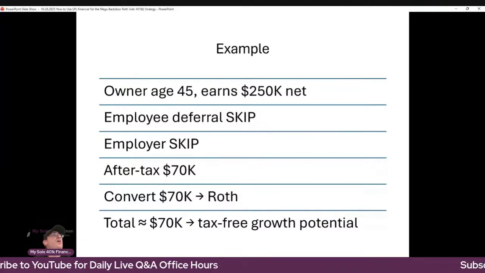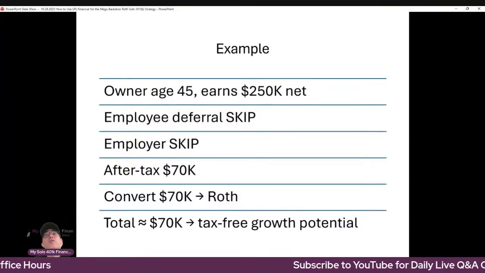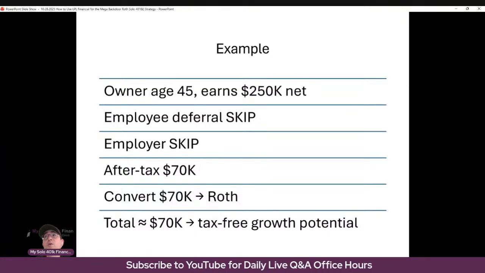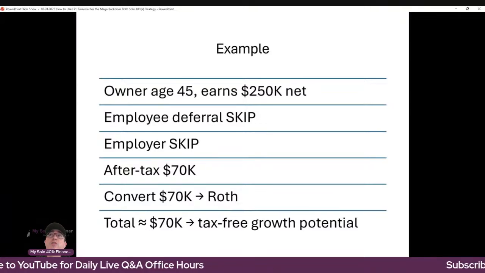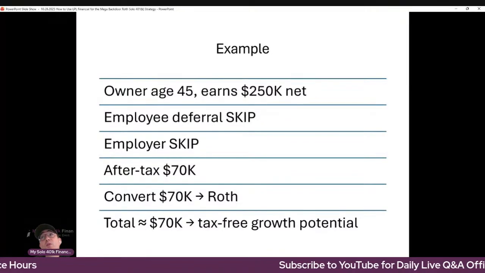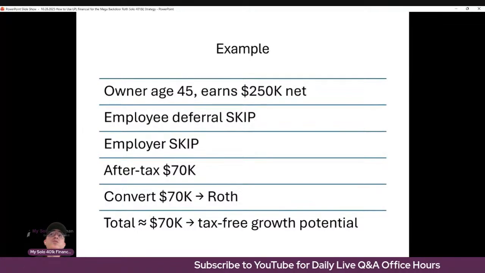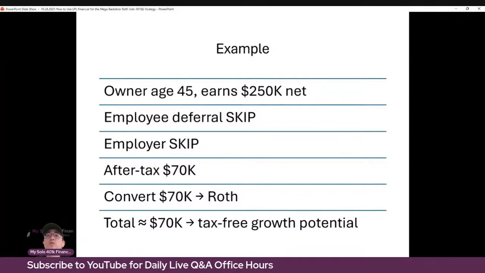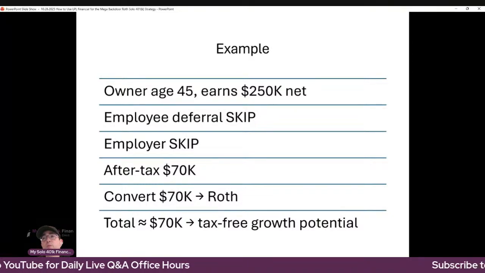So here's a quick example. We've got an individual that's self-employed, with no non-owner, non-spouse, full-time W-2 employees, who's age 45 and has $250,000 of earned self-employment income. They may choose to skip the employee and the employer contributions. They just make the full $70,000 to the voluntary after-tax account, which again can be at LPL Financial, and then